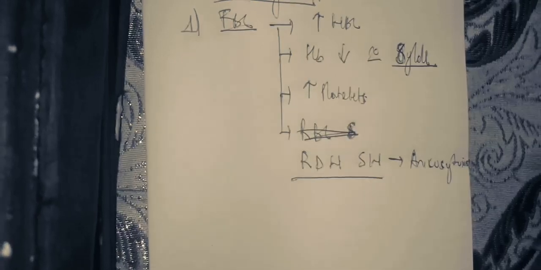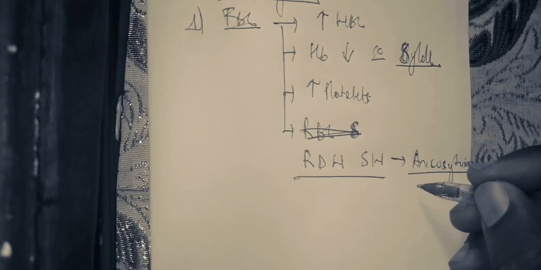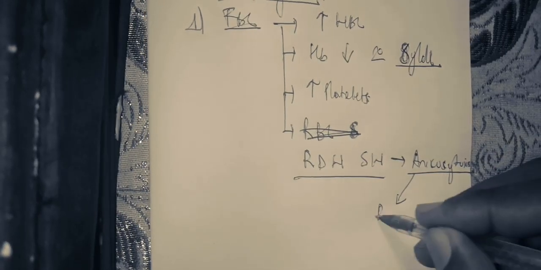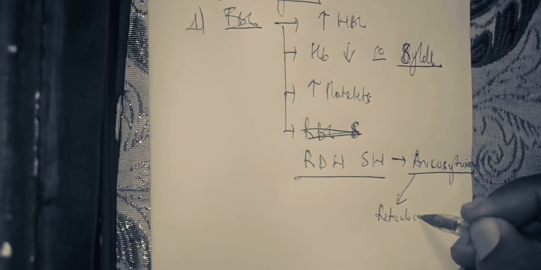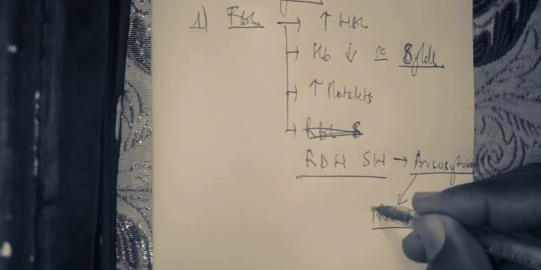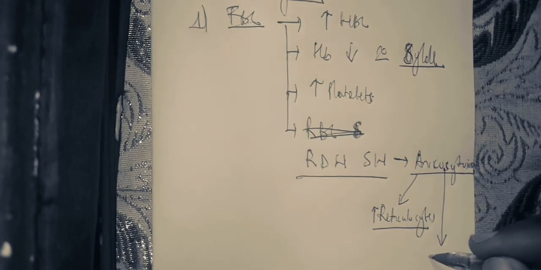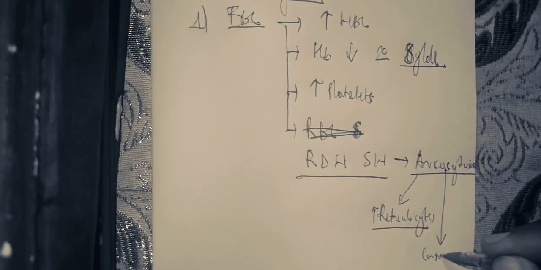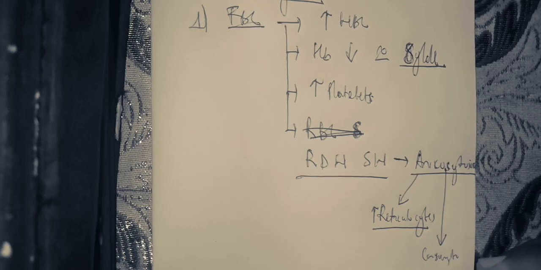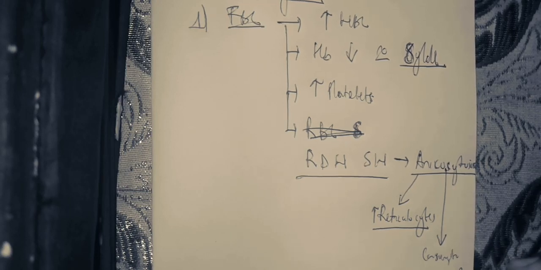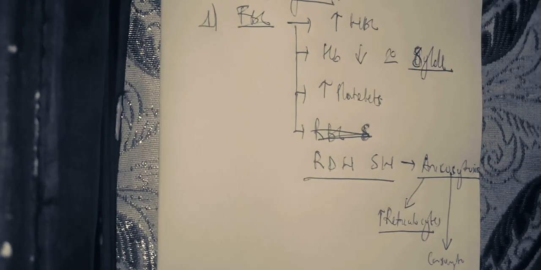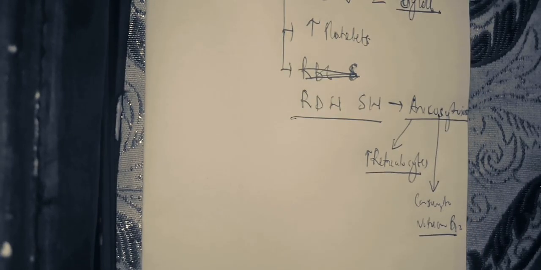So anisocytosis can come as a result of excessive formation of reticulocytes, which are large in size. You can also have a consumptive vitamin B12 deficiency, because you need to know that generally when patients are going to have